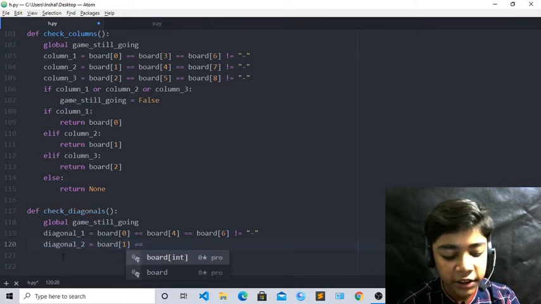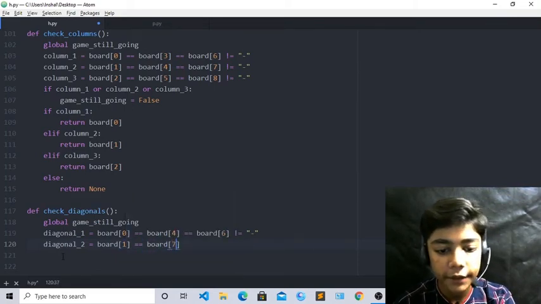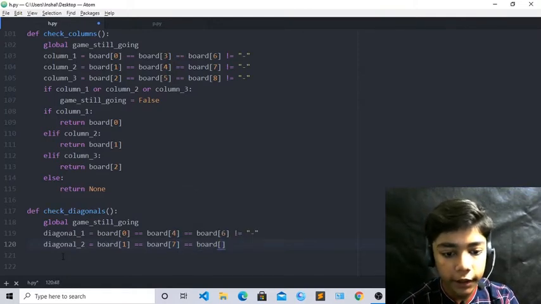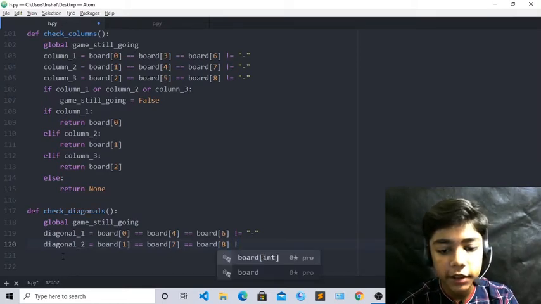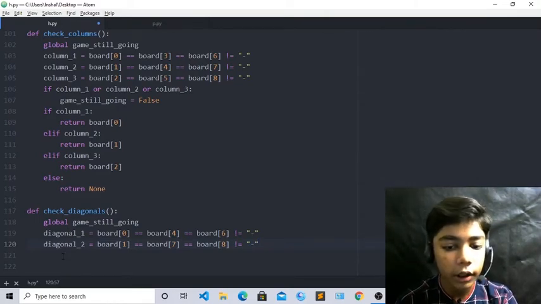Now just like that board, which will be 5 and 7, and come over here and write board, now it will be 8. So now you can see that till here we have defined many things. Just come over here, equal, which is like this dash. Now we have to define only 2 diagonals here, diagonal 1 and diagonal 2. So now till here we have defined these things.